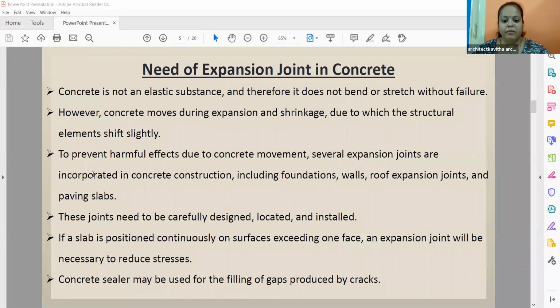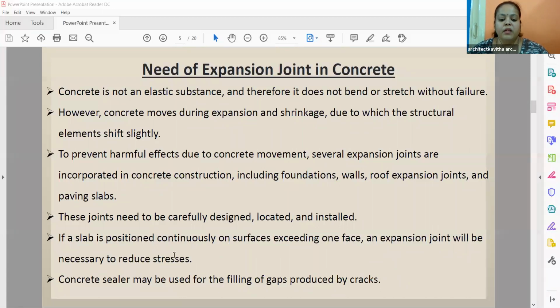I'll show you the different materials and the location where you're locating. You cannot locate where toilets are, where dampness is. So all that you have to consider carefully. If a slab is positioned continuously on a surface exceeding one face, an expansion joint will be necessary to reduce the